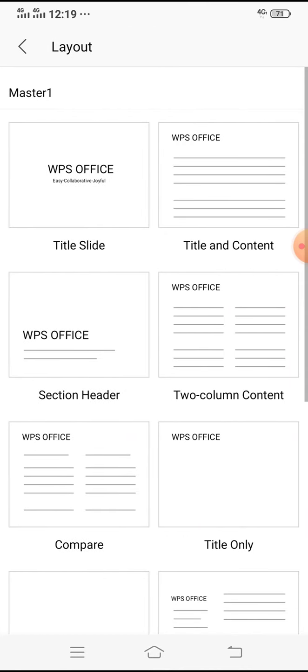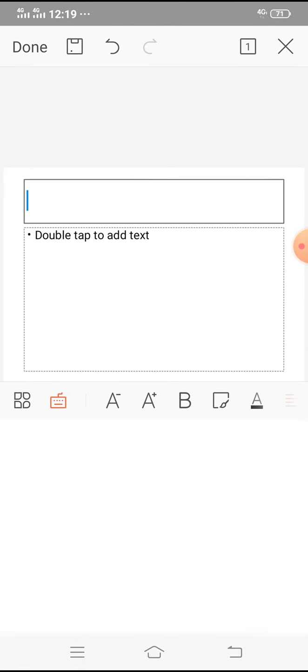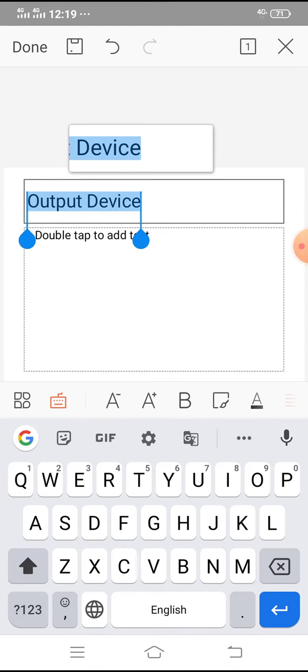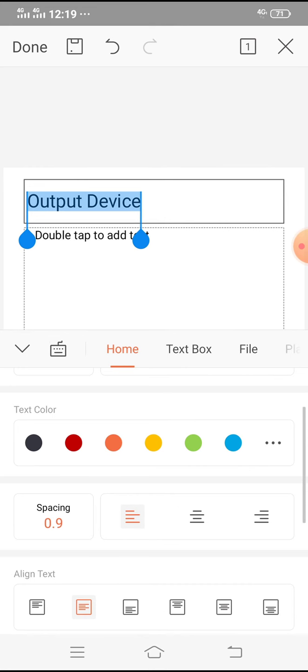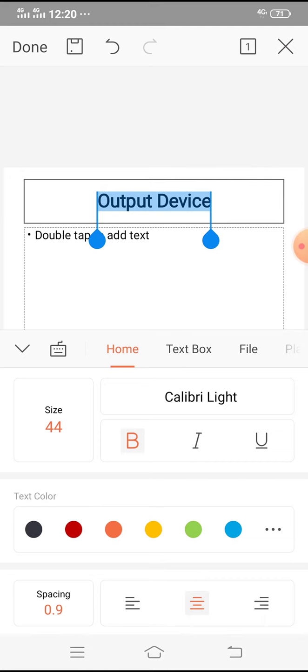Click on the plus icon, select the layout title and content, write the name output device. Select the name output device, change the alignment from left to center and apply bold effect.